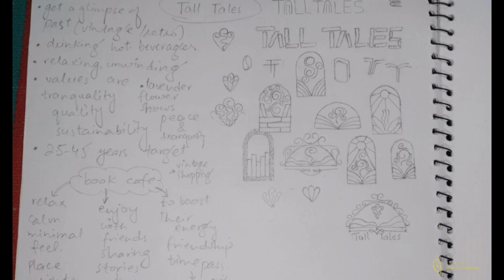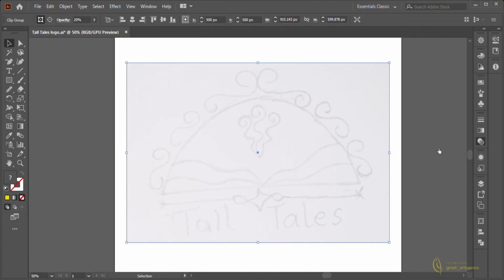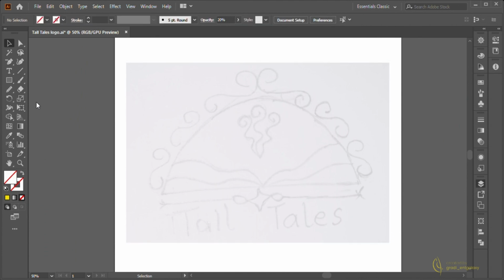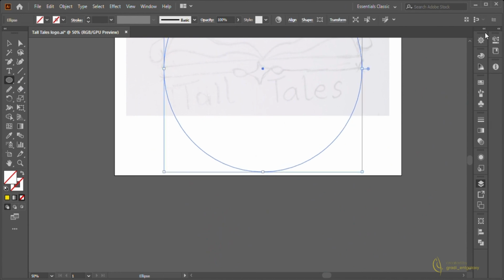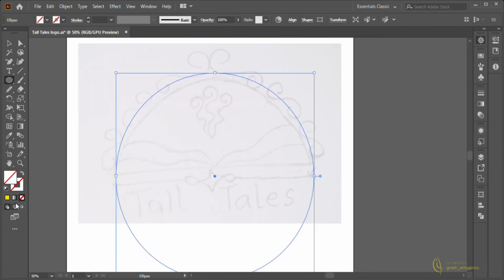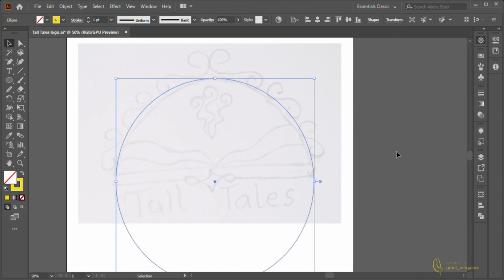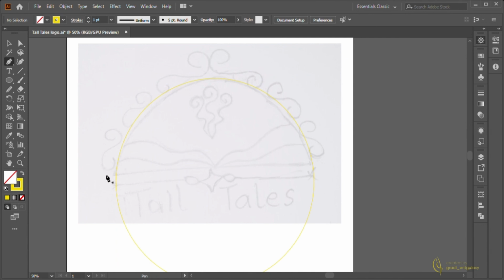I have written some important points from the brief on the left side, and made some sketches on the right hand side. Out of these sketches we finalize one sketch that I'm going to illustrate in Adobe Illustrator. This sketch does not look quite symmetrical, but I'm going to make it symmetrical by using simple